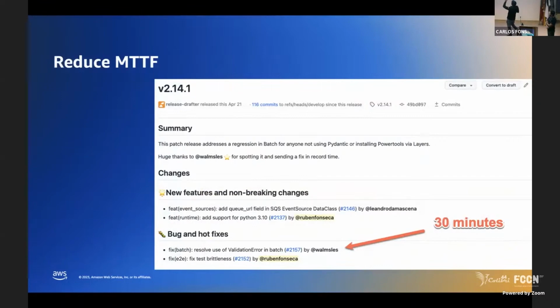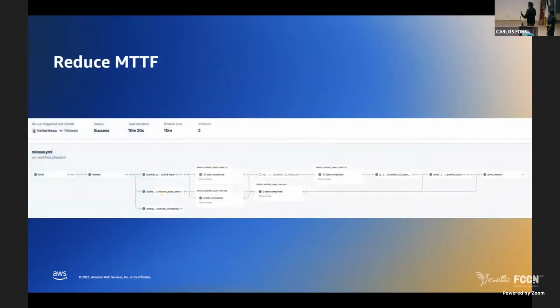This is an example where a customer, a heavy user of Powertools, said, hey, you created a patch release and introduced a breaking change. In this case, within only 30 minutes of the customer opening the issue, we released a new patch version fixing that breaking change. Reducing the time it takes to respond to your customer, and thereby regaining their confidence, is very important. This is an example of our pipeline that takes like 10 minutes to build a version, create Lambda layers, and publish the